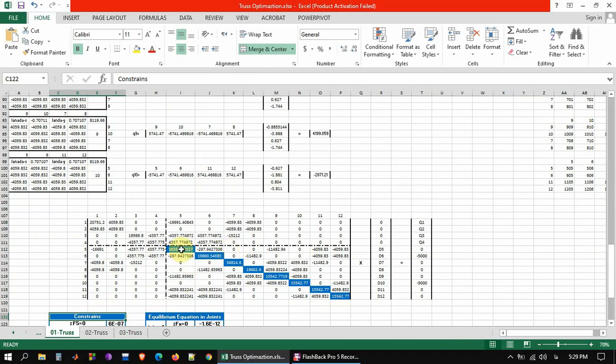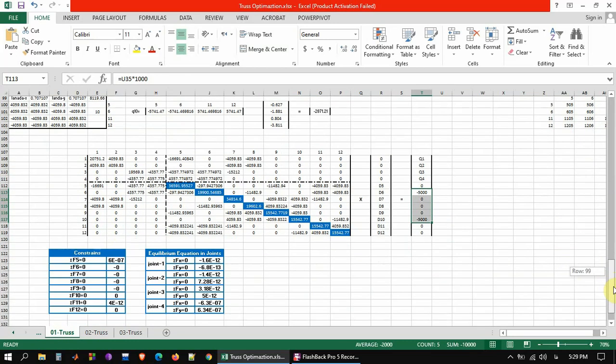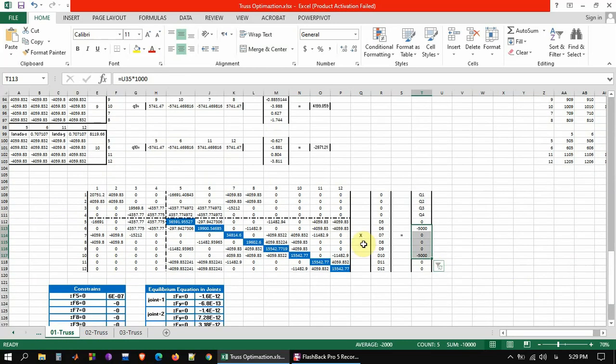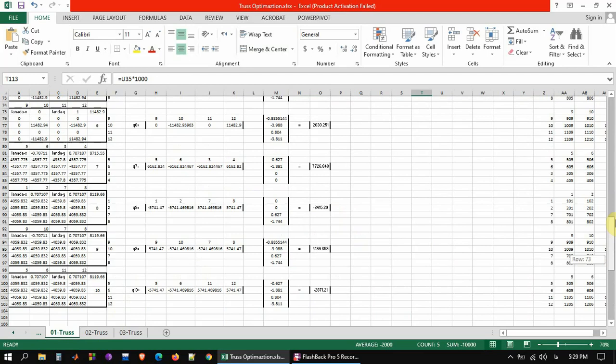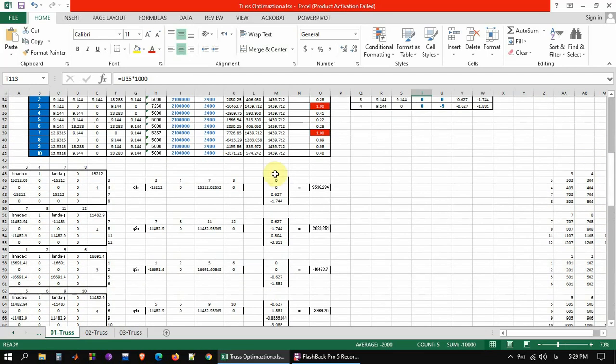Then for just the 8 degrees of freedom, which are going to be solved by the equilibrium equations with Excel Solver, we have these positions, and we apply the load to this vector. After solving the equations, the displacements appear up here, and then the actual forces are calculated. So let's see